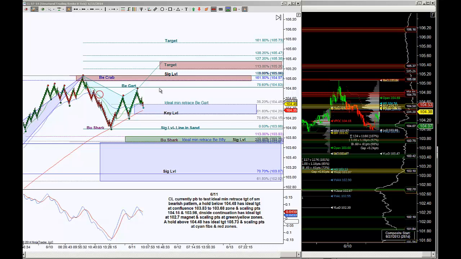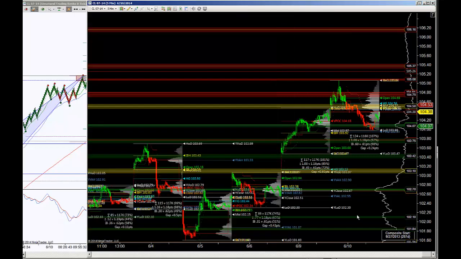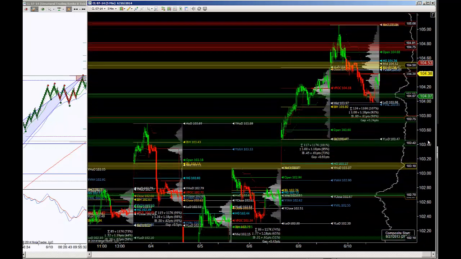A hold above it implies a retest of the Gartley, a retest of this bearish crab PRZ, and then if it continues, we have noted targets to the upside. Otherwise, if price is able to test this confluence zone of the 103.70, it's going to be very important how that holds. If that cannot hold, then ideal target is going to be that 103.10, actually 102.7, which is a major magnet, and 103.10 is going to be an area of interest if you look at the volume profile chart. So 103.42, 103.10, and 102.70 are important targets to the downside. It has confluence with the harmonics. There's also a gap there at